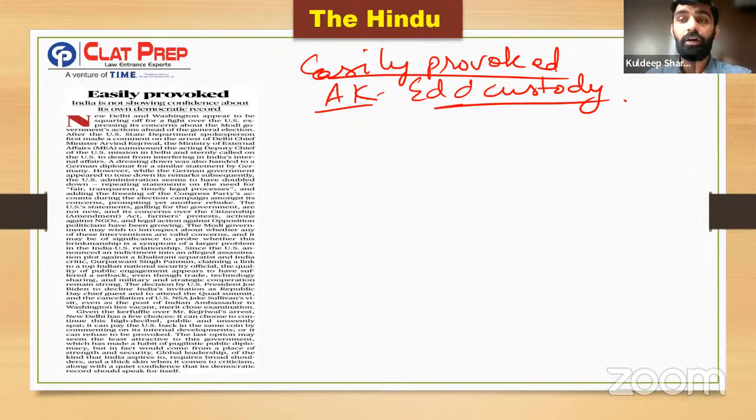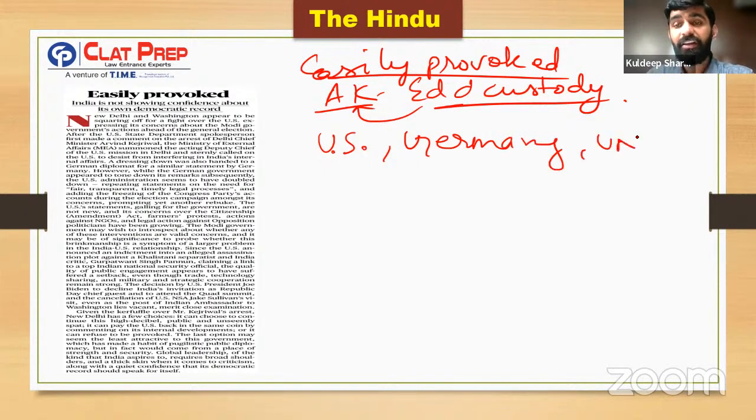It is alleged that the Aam Aadmi Party and its functionaries, including the Chief Minister, took money from the liquor companies so that licenses could be given to those companies. ED has taken action against Arvind Kejriwal under the Prevention of Money Laundering Act. However, because this action took place very near to the election, in between the election season, there were certain statements made by the United States, Germany, and now the United Nations has also made a